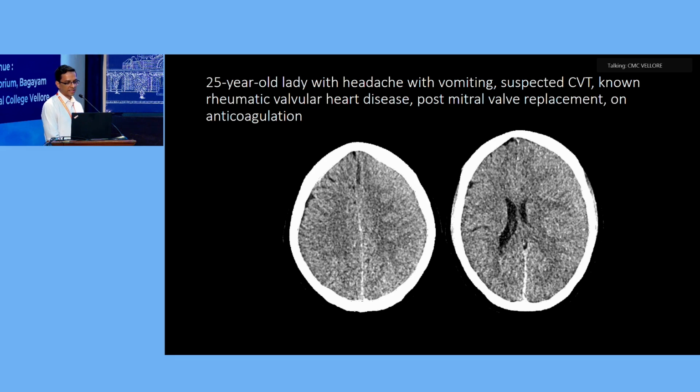25-year-old lady with headache, vomiting, suspected CVT, known rheumatic valvular heart disease, post-mitral valve replacement on anticoagulation. So a lady with headache on anticoagulation. Anything that's standing out? So there's something on the left side, but we are not sure, isn't it? So if you see the right side and the left side,